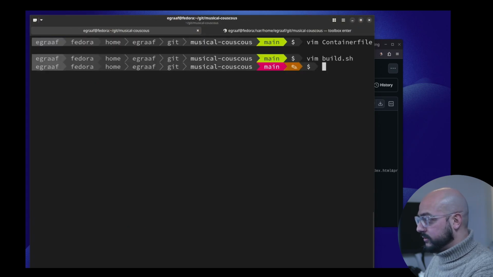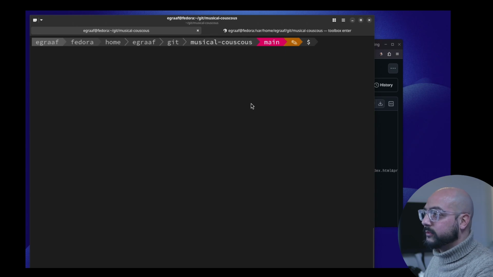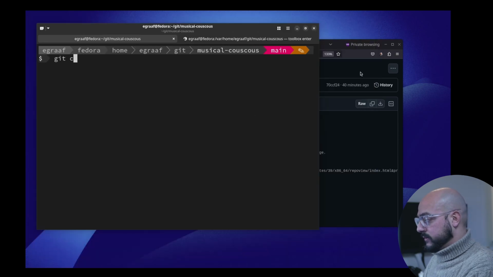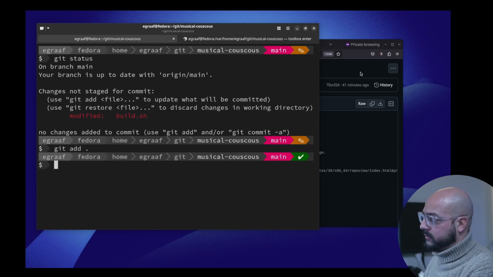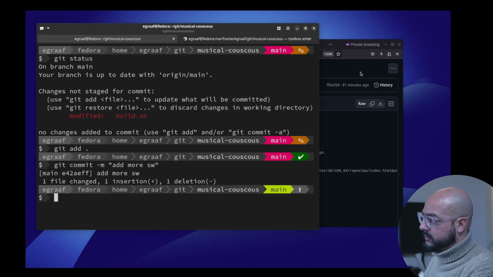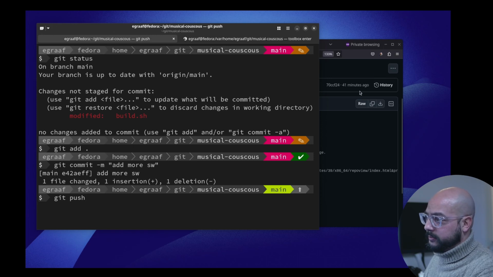So :x to save. Add more software. So if I push it now